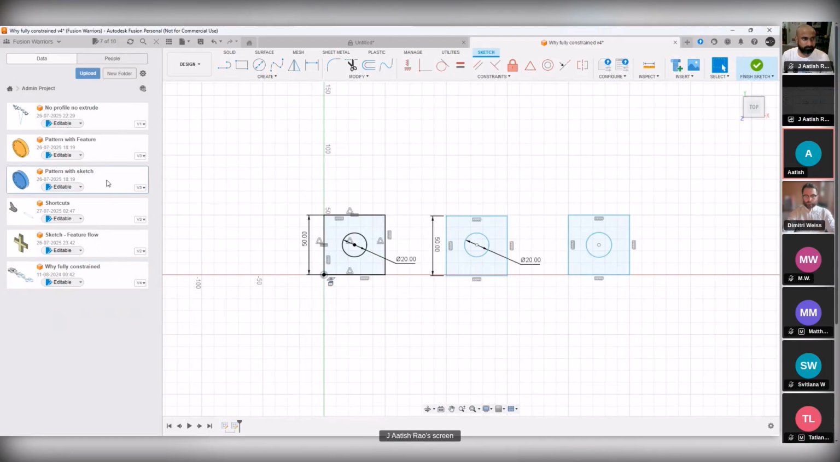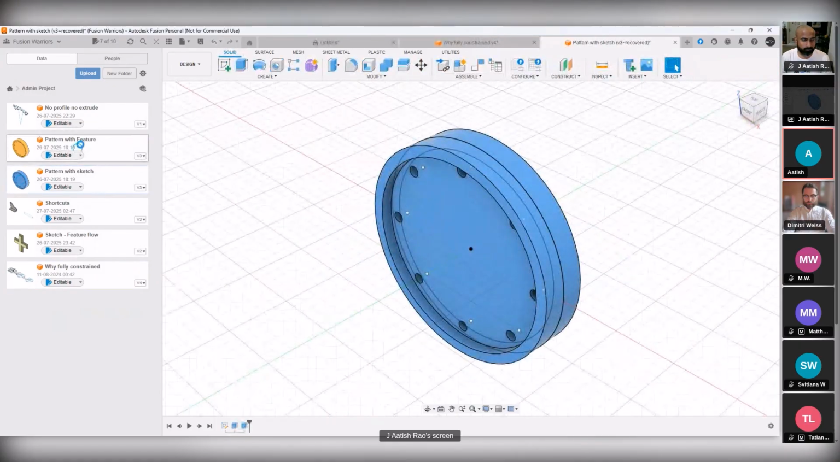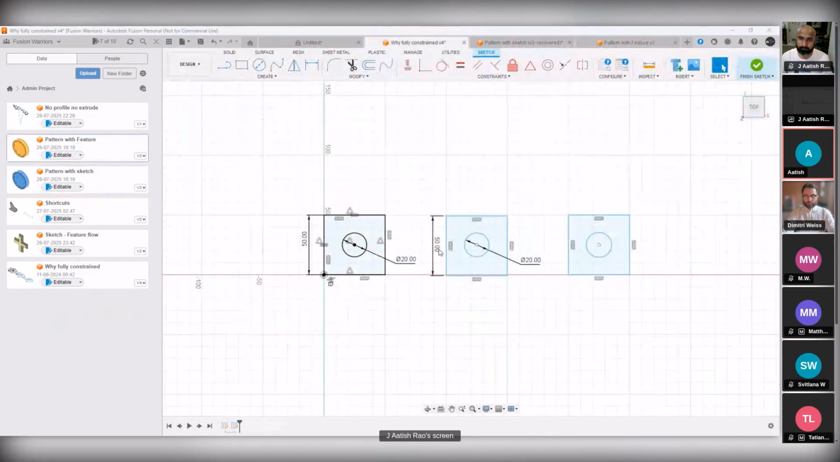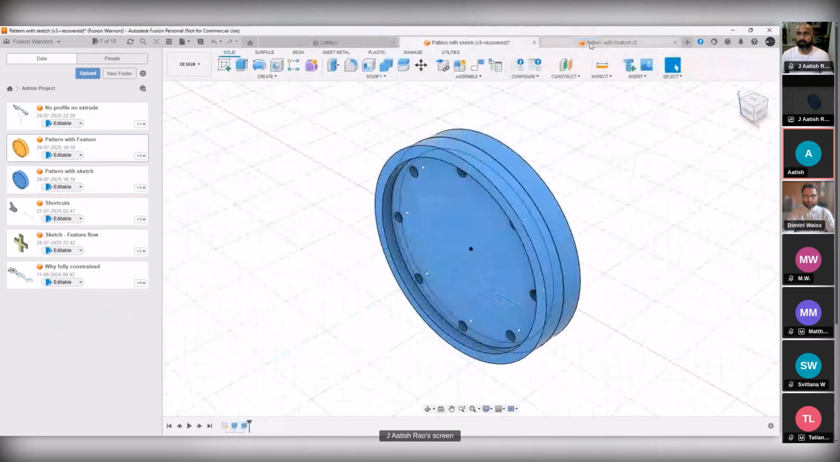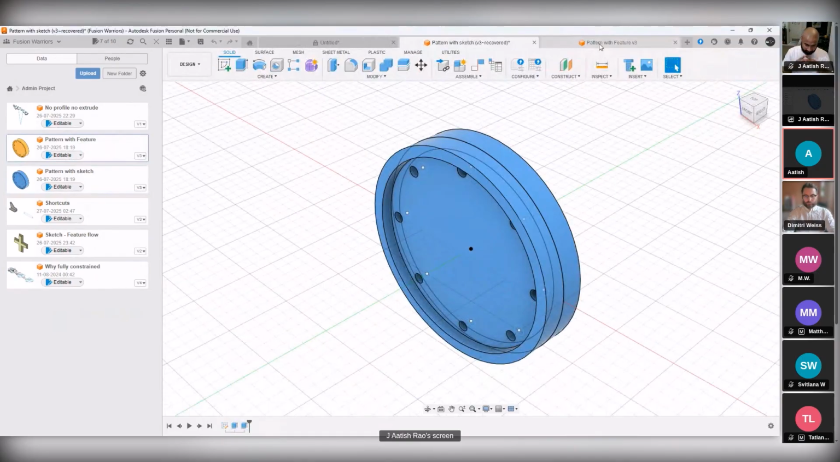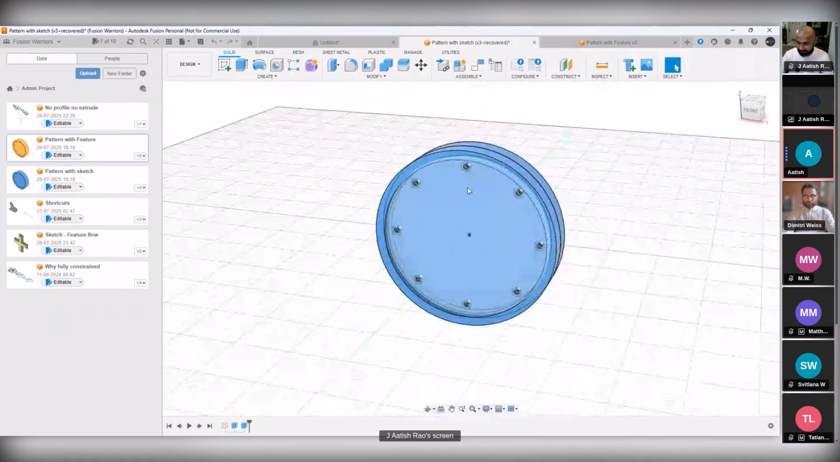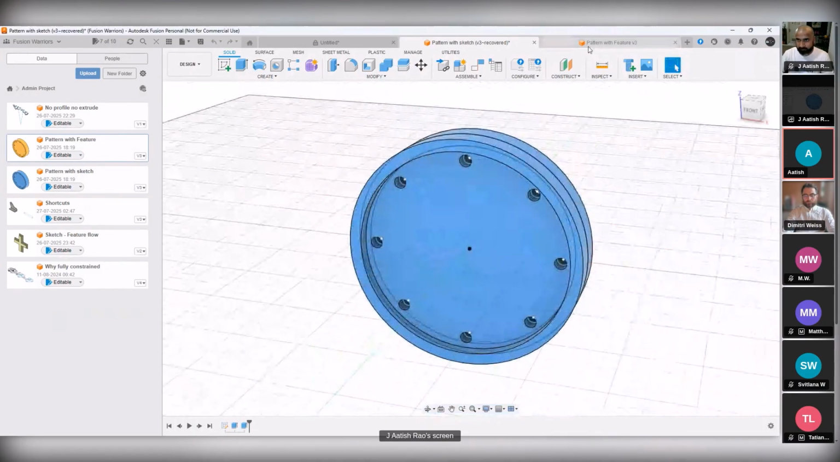Thirdly, the third mistake the students are making is not knowing when to use a pattern in a sketch and when to use a pattern in features. Patterns are similar kinds of sketch or 3D model entities. As you can see here,